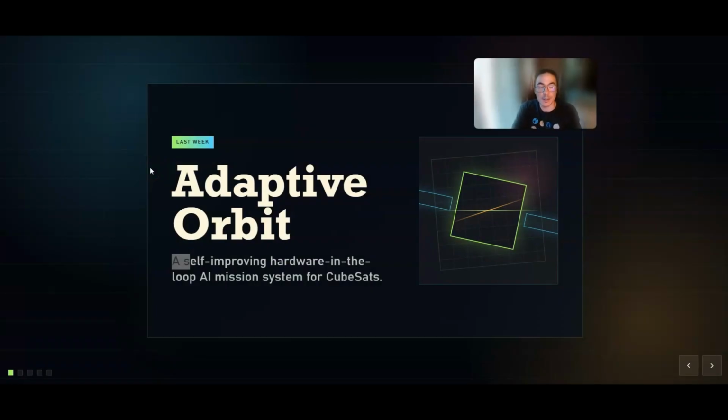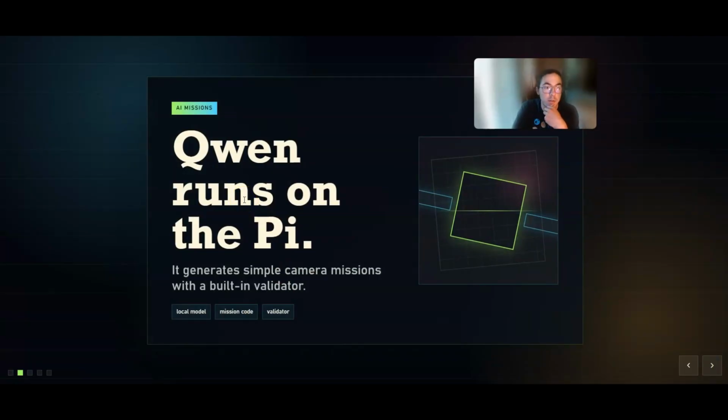Hello, my name is Damon Rocha, and I'm working on an adaptive orbit self-improving CubeSat. For my update this week, I got a small language model running on my CubeSat computer, which right now is